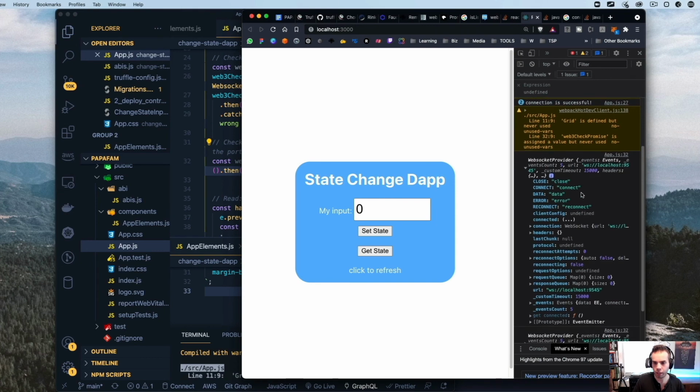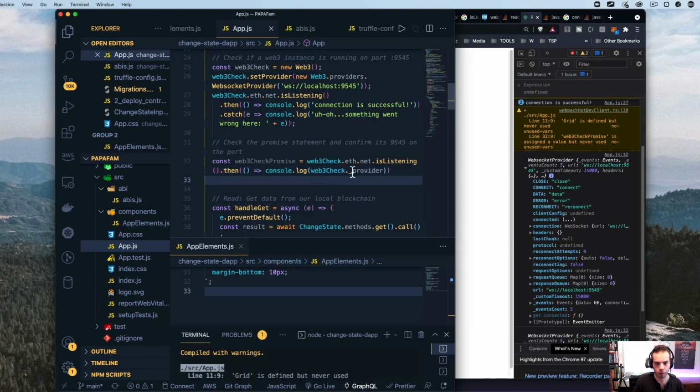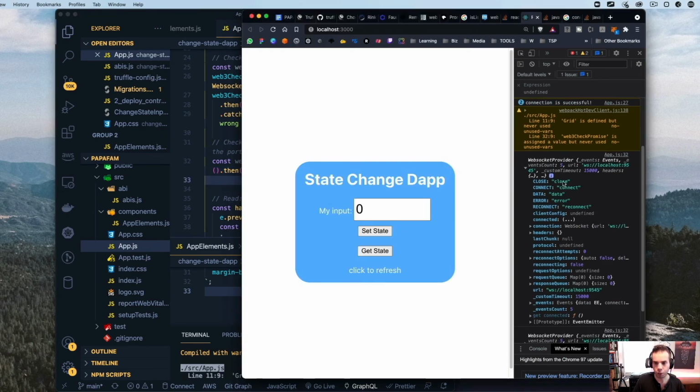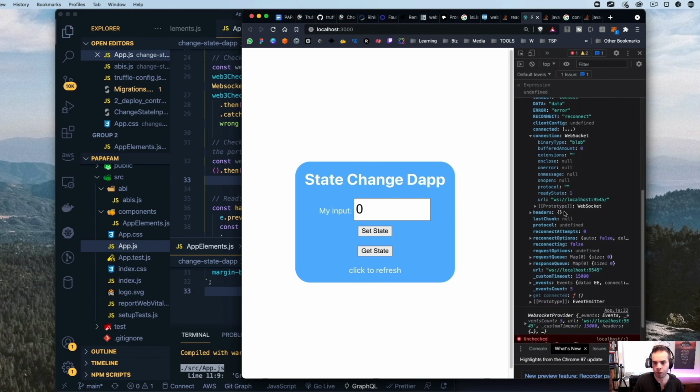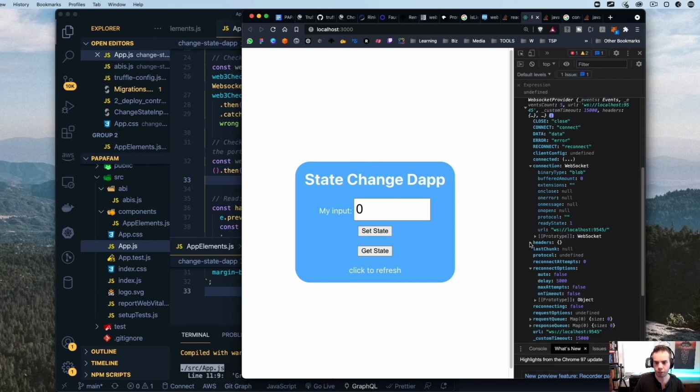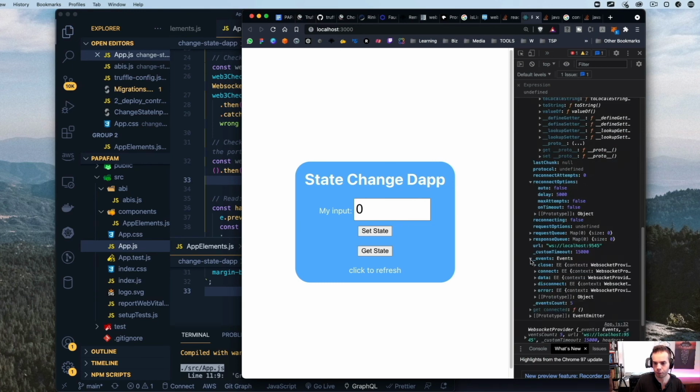So when we actually call that specific provider, we're going to get a whole bunch of data back. There's different connection data points here, specifically with that URL. There's also recommendations, headers, header objects, different events, different request queues. There's a ton of different opportunities to really dive into data here.